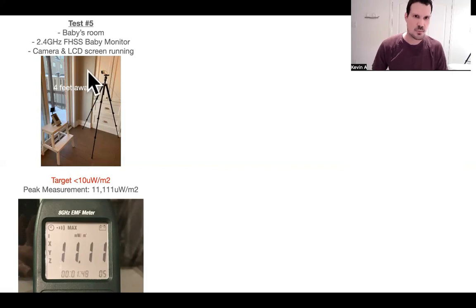As you can see, I got the camera sitting on the tripod about 4 feet away. The FHSS LCD screen is powered on upstairs. Camera is now powered on. So here we are, I'm actually taking some measurements in the baby's crib. And you can see with this technology that I'm actually measuring a peak measurement of